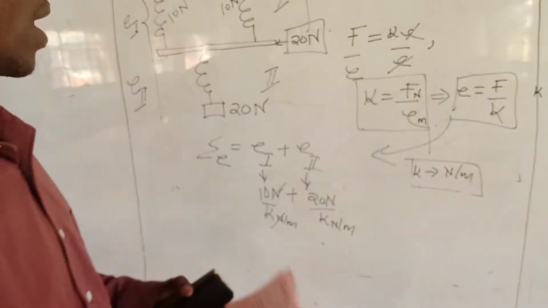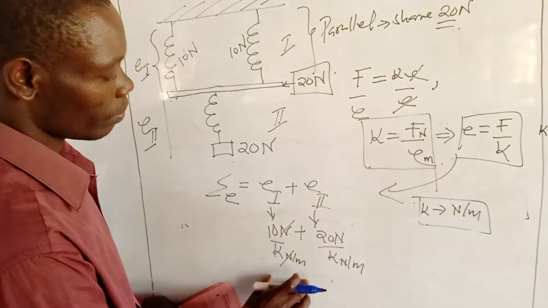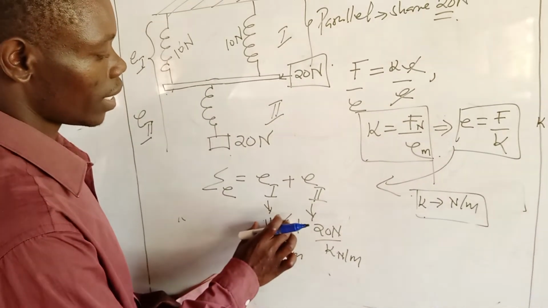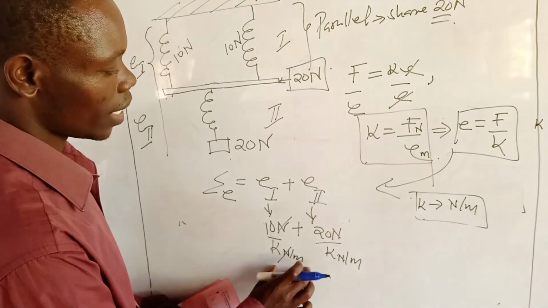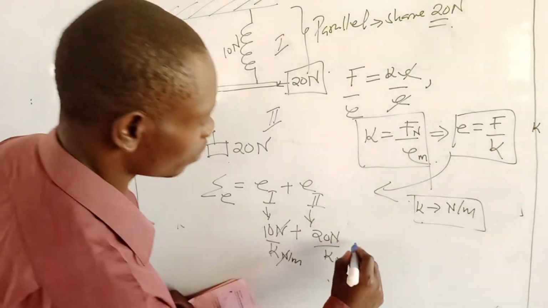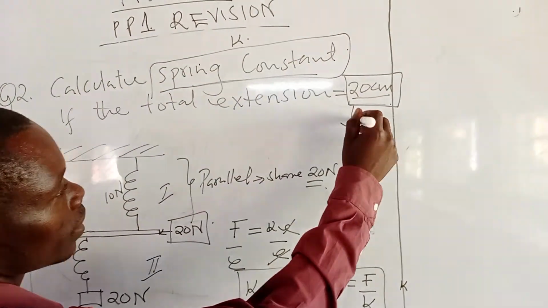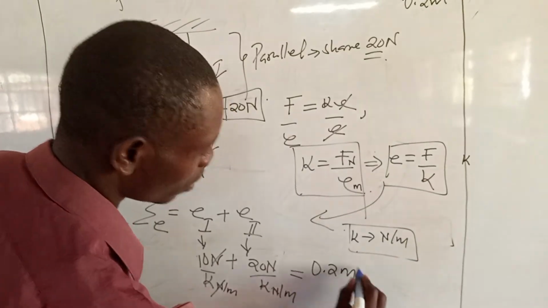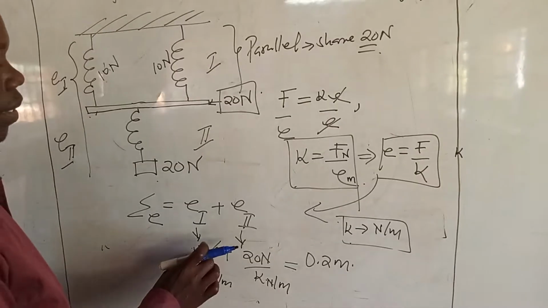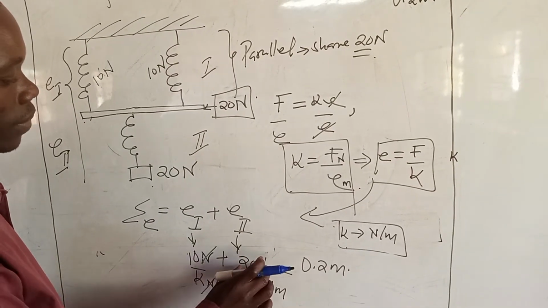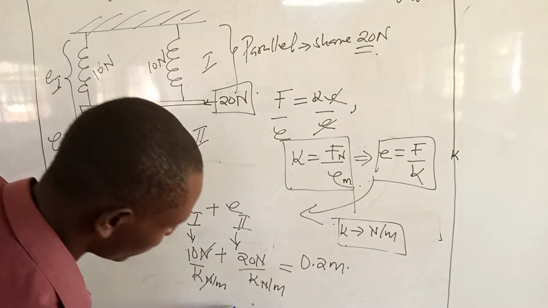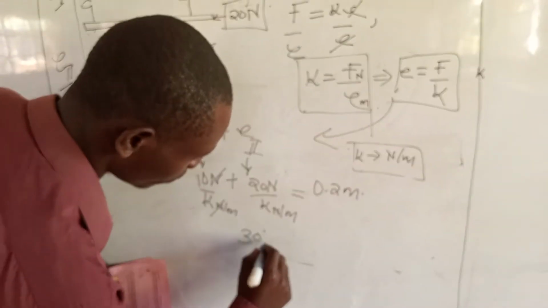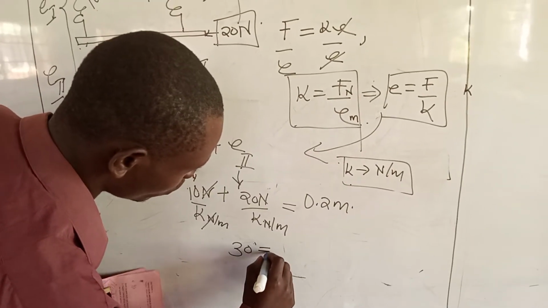Now, from here, the first extension is going to be 10 over K, in meters. The second extension is also given by this one. The sum is equal to the total extension, which if we convert to meters will be 0.2 meters. So we write it is equal to 0.2 meters. 10 plus 20 is going to give us 30. 30 is equal to